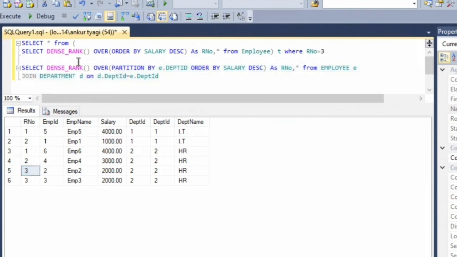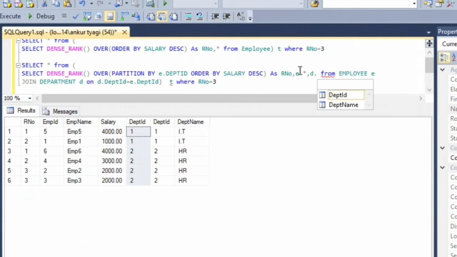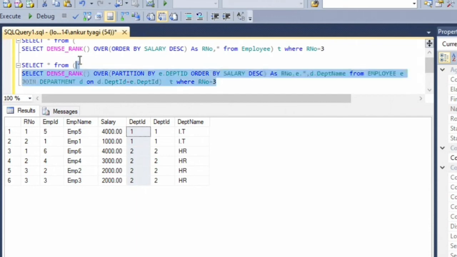So we again filter the records by using a subquery. Now put that query in a subquery to filter the records. Just copy the syntax from the top. Before running the query, you have to make sure that the columns you have selected are unique. Here department ID appears twice, so we use unique columns so that it will not give you exceptions. So I select all the columns from the employee table, and from departments I just select the department name. Now execute that query.